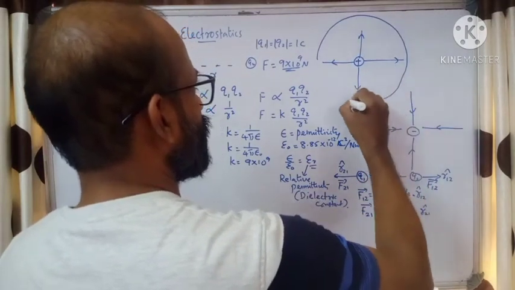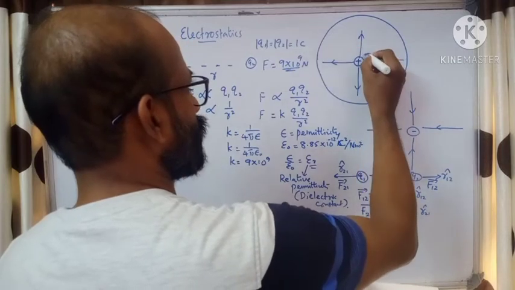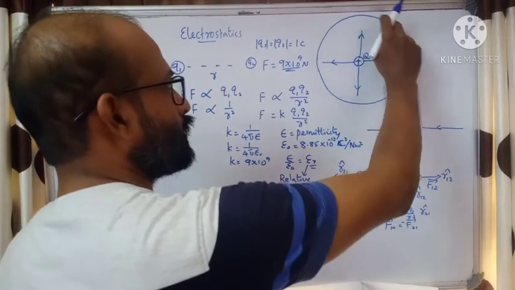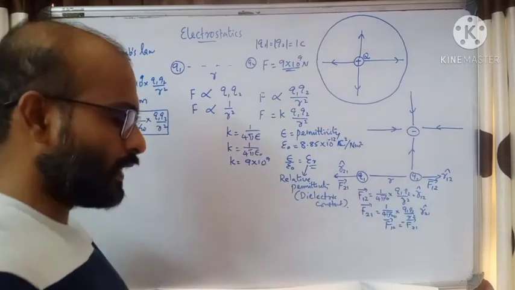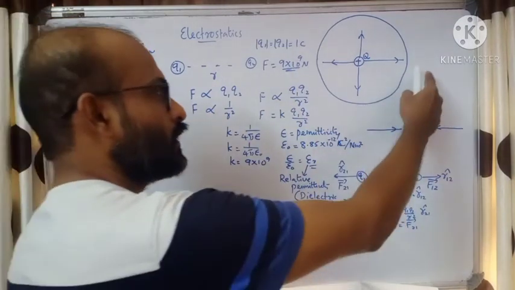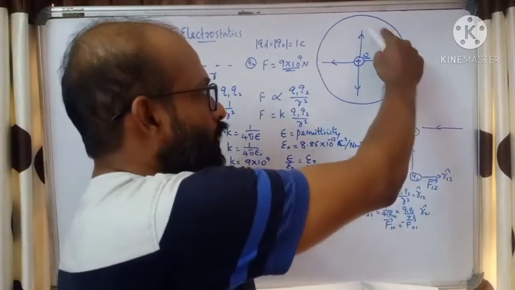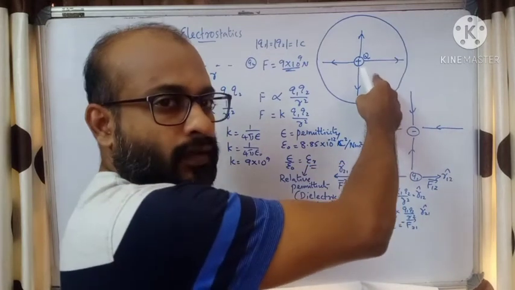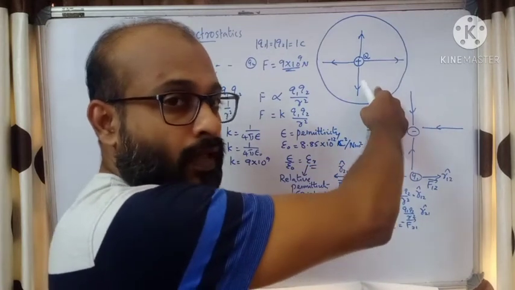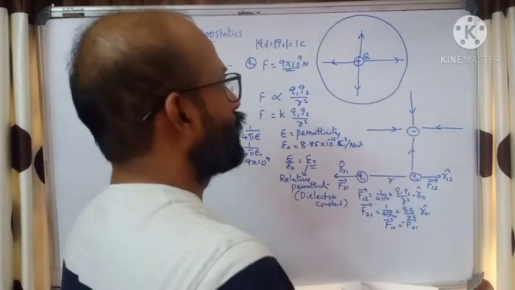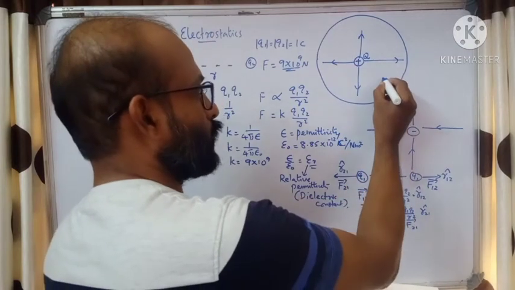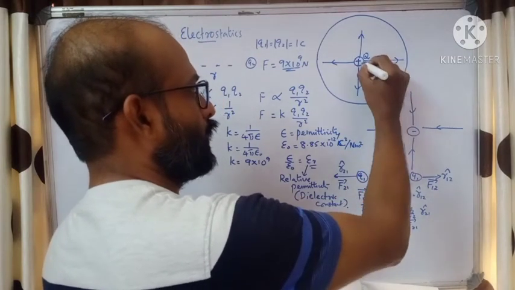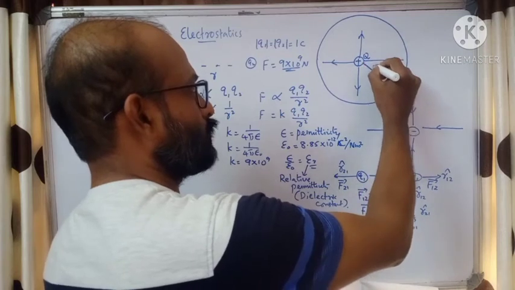Within this region, this positive charge has a charge Q, this is plus Q. At every point within this region there will be an electric field. Outside it, I can say it is outside the field. At any point here, there is an electric field. So the electric field will have intensity. Okay. Now suppose I need to find the intensity at this point, at a distance r from the charge.